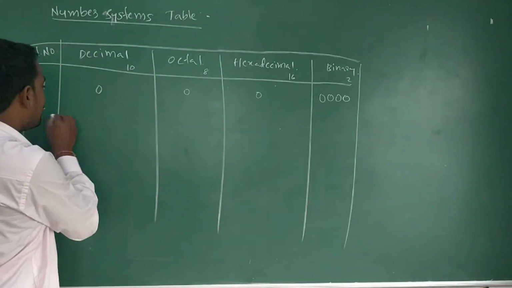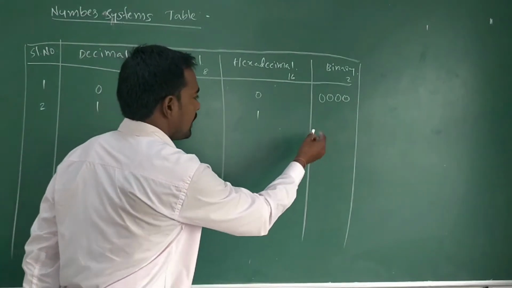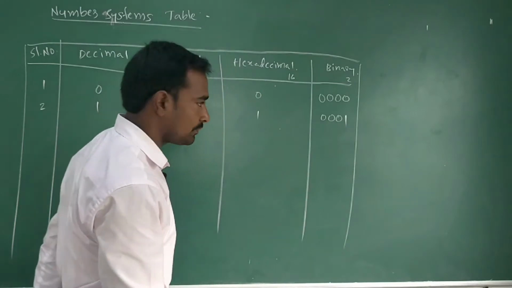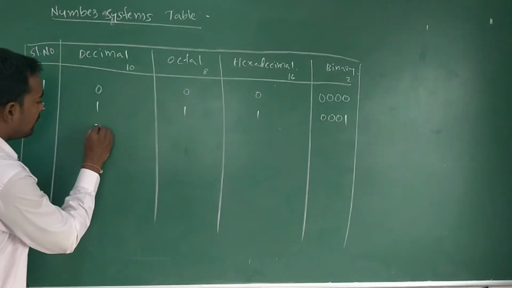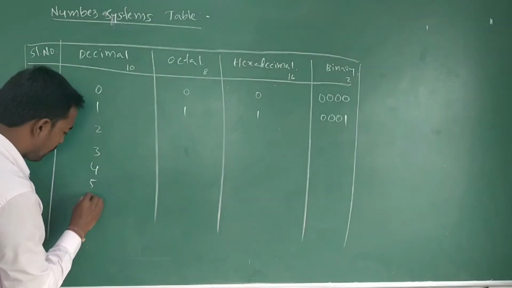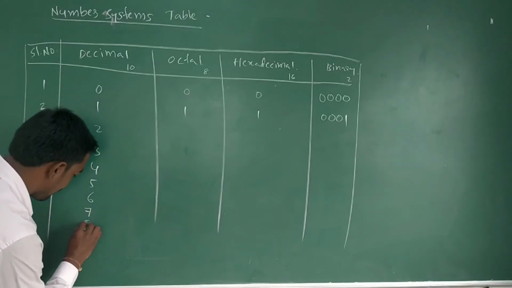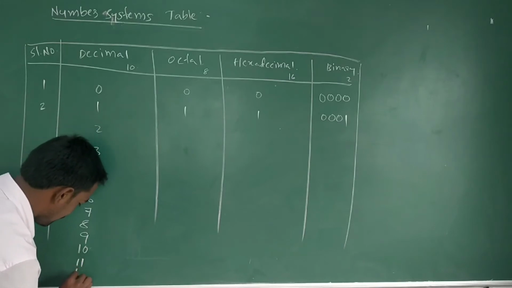Coming to the second one, that is 1, and here also we have 1 and 1, and in binary 0 0 0 1. Next, similarly we have 2 3 4 5 6 7 8 9 10 11 and